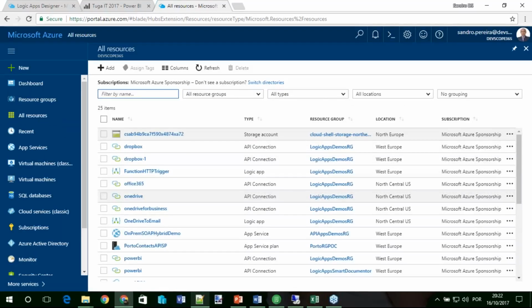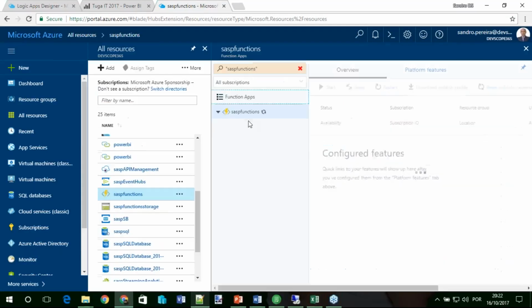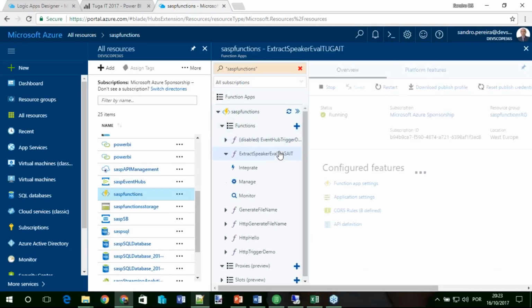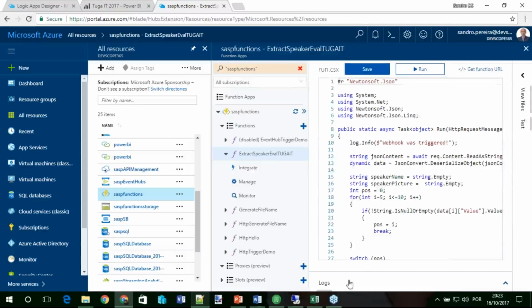The easy way is to go into the function, and oh, where is the test button?